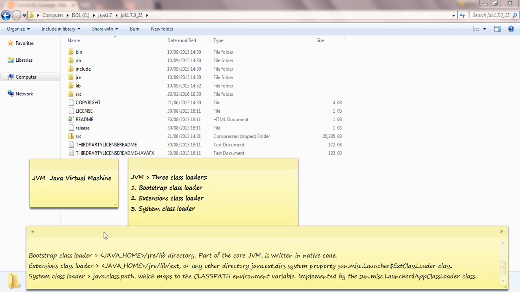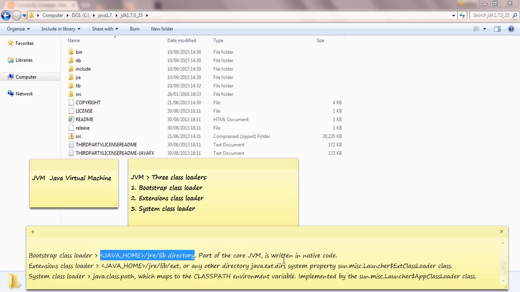The bootstrap class loader is the mechanism by which whatever library is there under the Java home JRE lib directory will be loaded for the Java virtual machine, and it's a part of the core JVM and is written in native code.